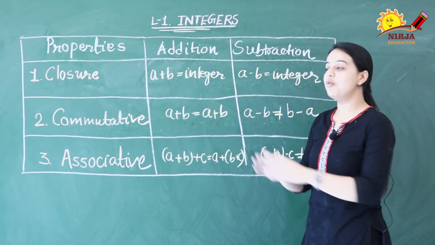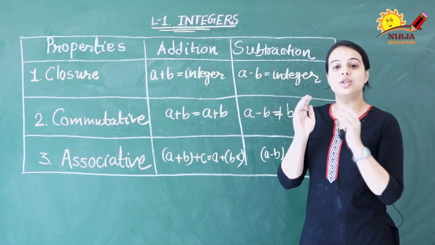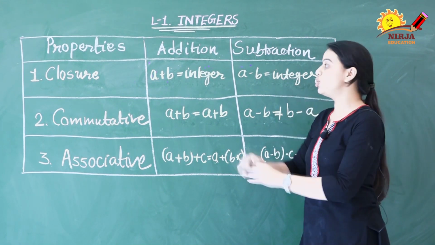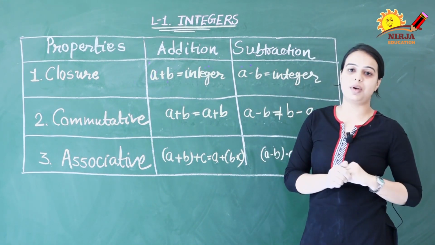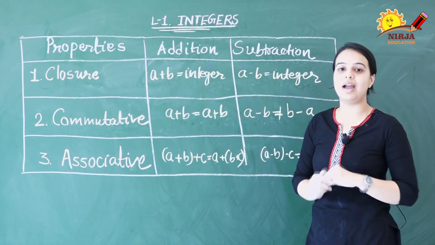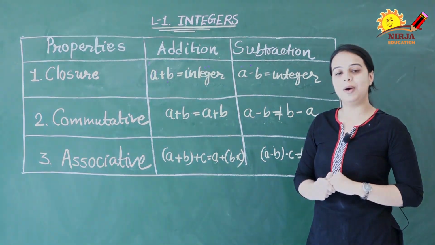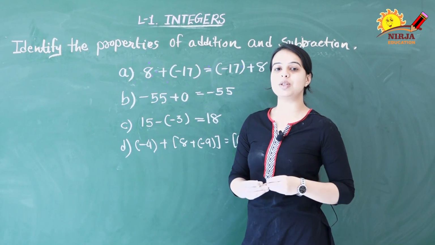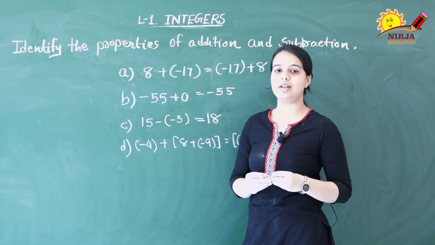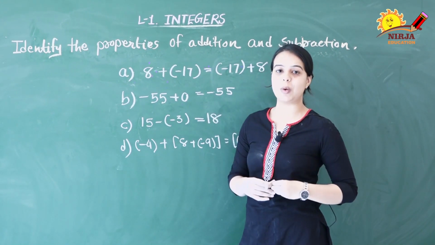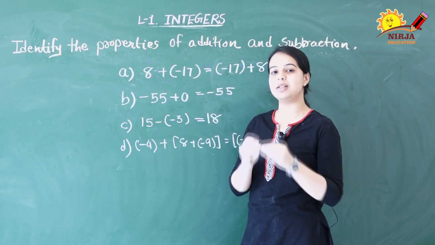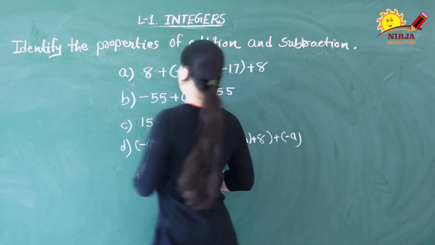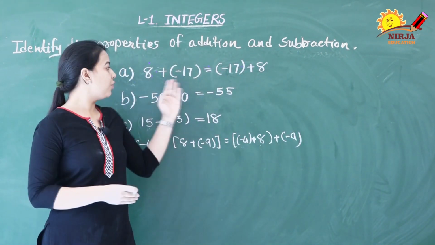So my dear students, fix this table in your mind so that whenever it comes to the properties of addition and subtraction, you will have a clear idea and there will be no confusion at all. Just now we have studied the properties of addition and subtraction for integers. Now let's apply these properties and identify them with some examples. Here I have listed 4 examples. The first one is